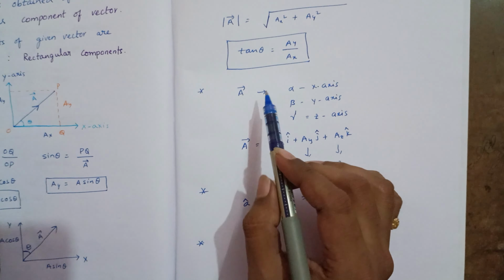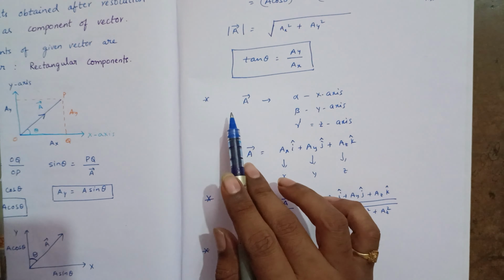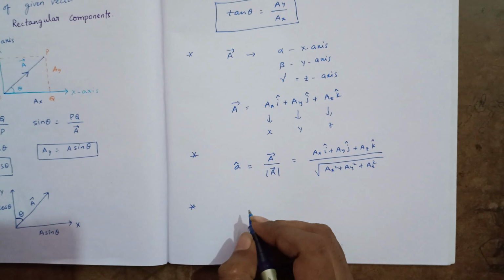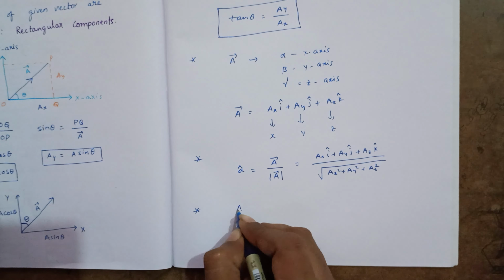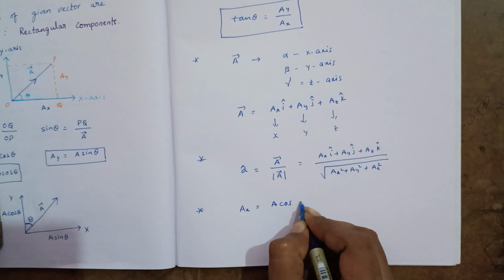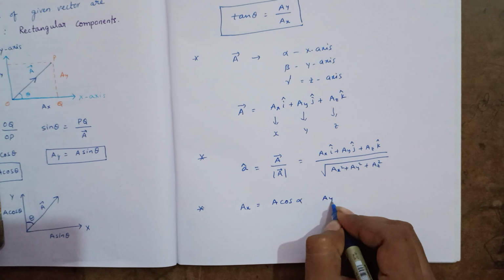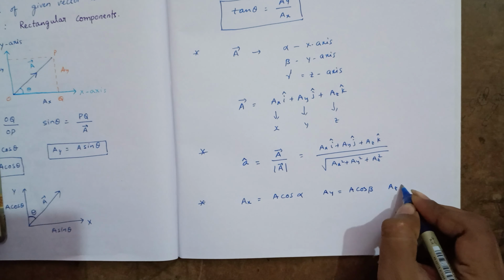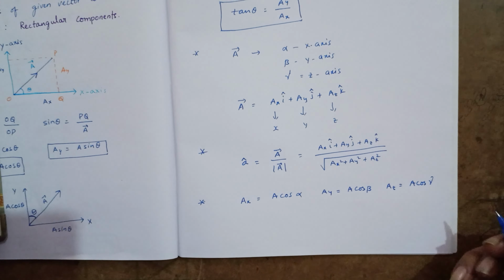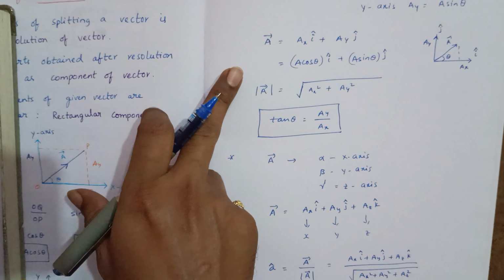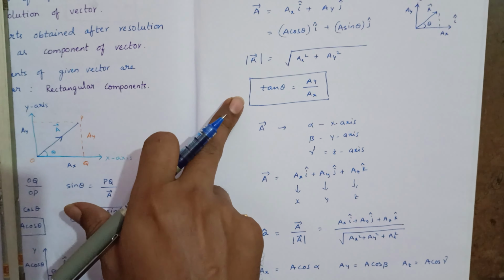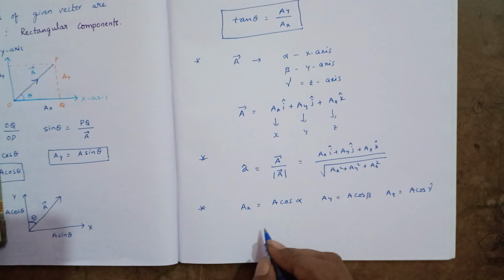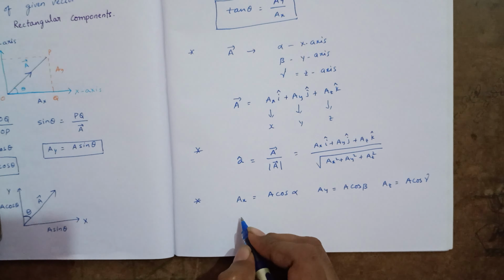We already discussed that alpha, beta, gamma are the angles made by a vector a bar with the x-axis, y-axis, and z-axis. Now we can write ax equal to a cos alpha, ay equal to a cos beta, az equal to a cos gamma. These are all important relations. The magnitude of a vector, its direction, unit vector, and these relations are important formulas. Now here we can write cos alpha equal to